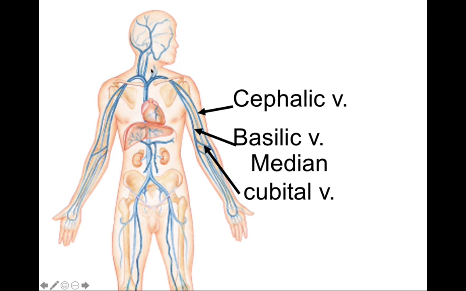We've got our jugular veins, which will meet with the subclavians to give us our brachiocephalic veins, and then those 2 vessels are going to come together to form the superior vena cava. Down here we'll see our 2 iliac veins that will flow into the inferior vena cava here, and the 2 renal veins that will also supply the IVC as it makes its way back up to the right atrium of